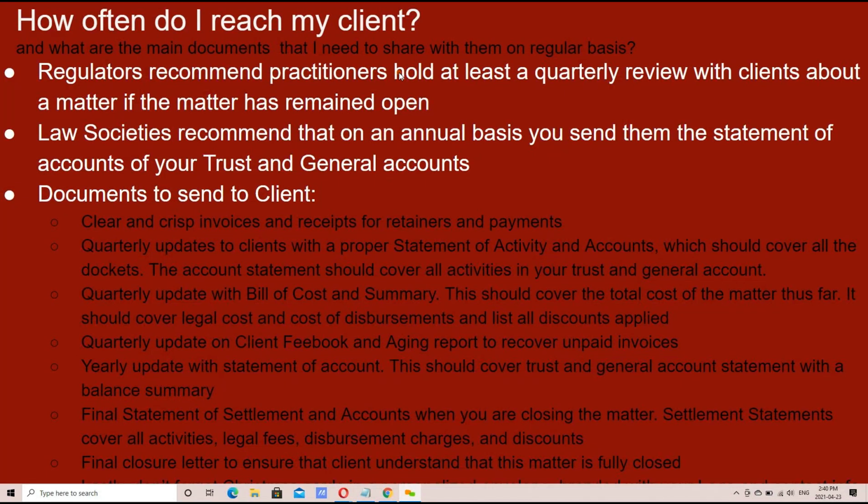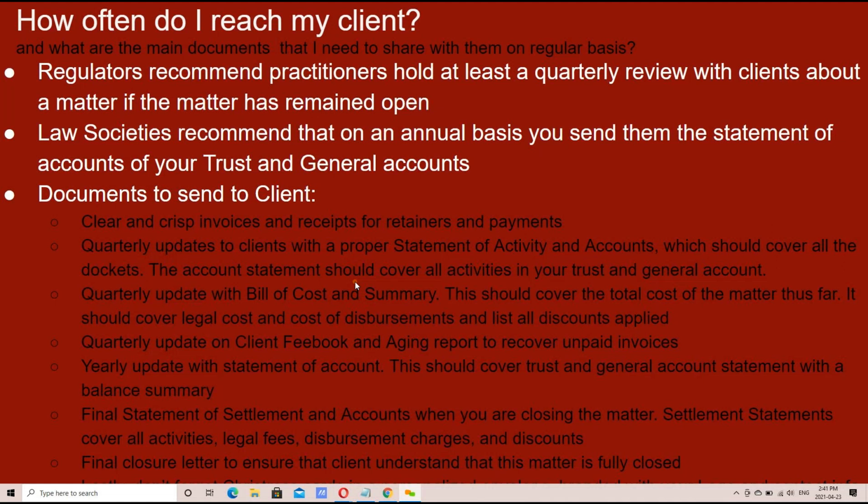Again, as I mentioned, this is a recorded webinar, so I'm going to leave the slide open real quick. But here are some examples of documents that, again, I'm not reiterating myself, but just a quick glance at certain documents that are important for you to correspond back to a client. So you've got that initial retainer engagement letter, followed by clear and crisp invoices and receipts for payments received,